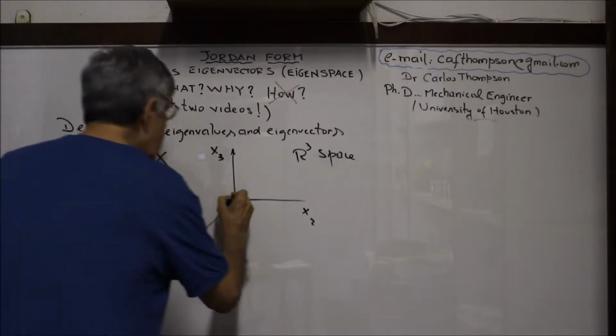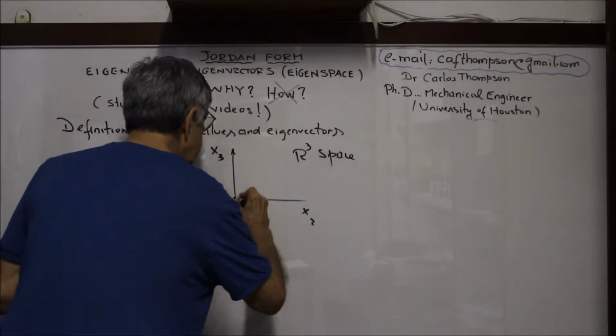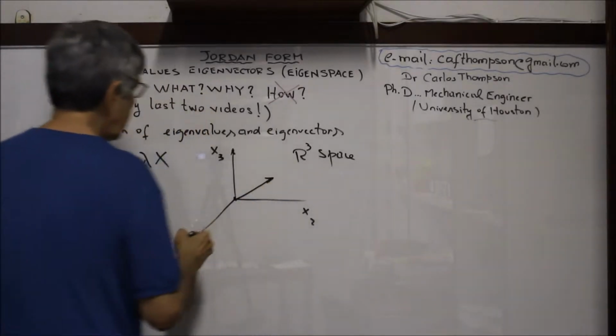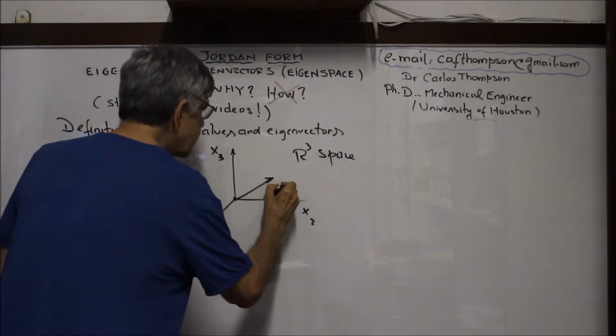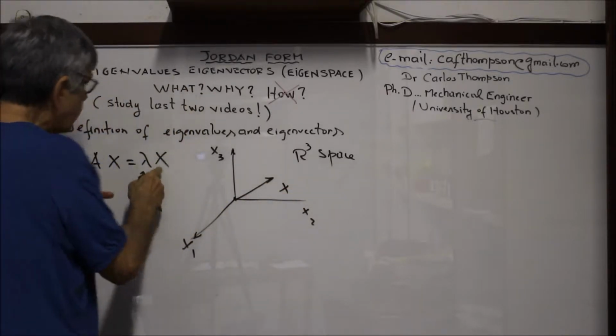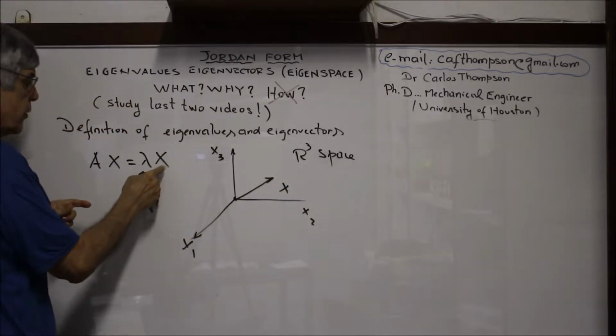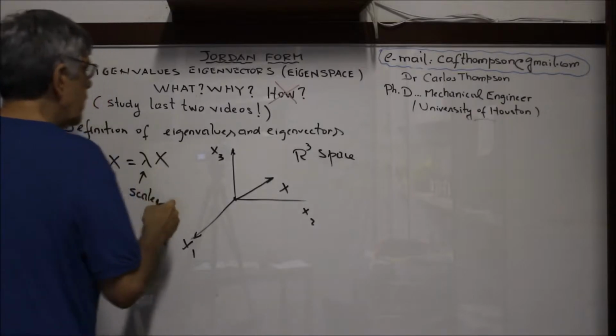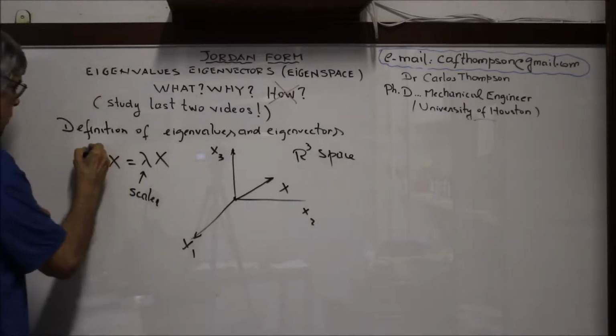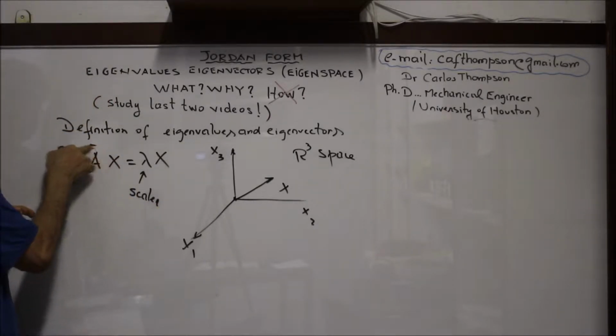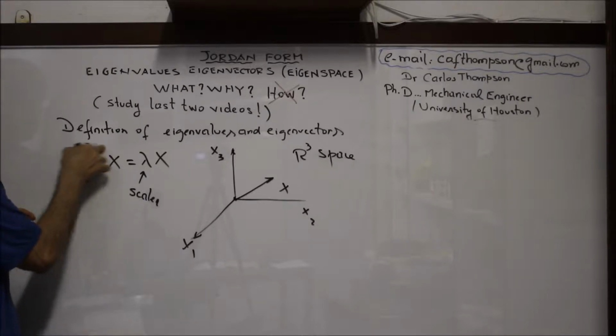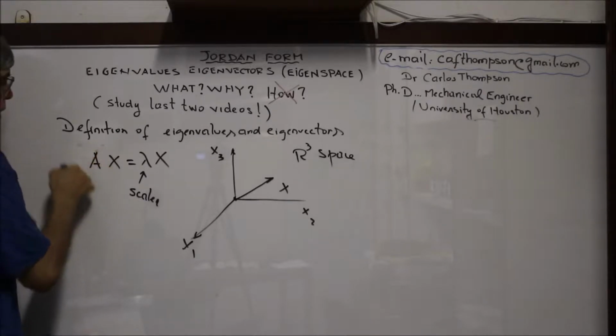Here I have a direction that I call X. Look, I don't put an arrow on X, but I know this is a vector. And I didn't put two arrows on A, but I know this is a component of a second